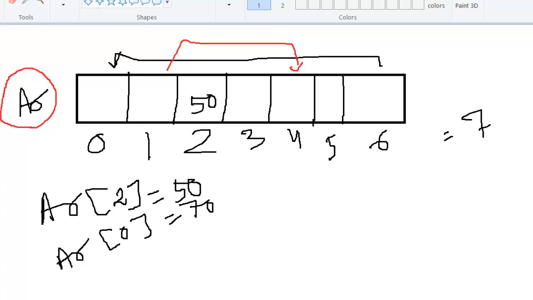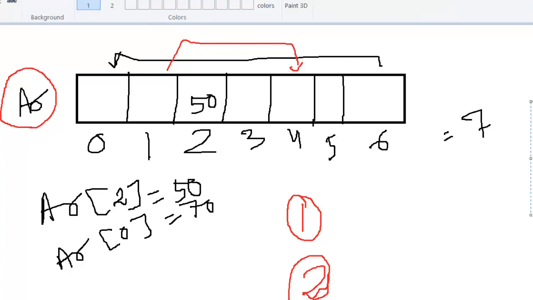Now coming to how to declare an array in Java. There are two ways. One is initialization, number two is block declaration. See, as you know, we declare a variable like int a equal to 10. This means that the value of a is 10.